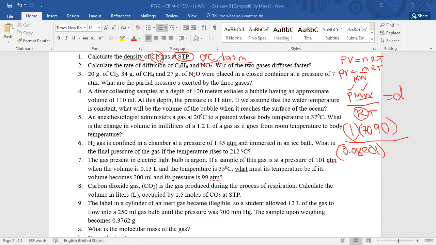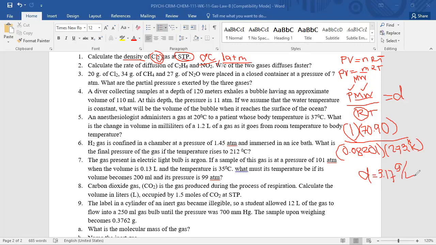Temperature, 0 degrees Celsius, we convert to absolute temperature, which is 273 Kelvin, or 273.15, which is more precise. Let us compute that. Let me get my calculator. 70.9 divided by 0.08201 times 273. Therefore, our density is 3.17